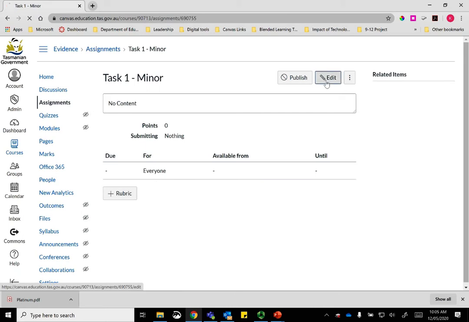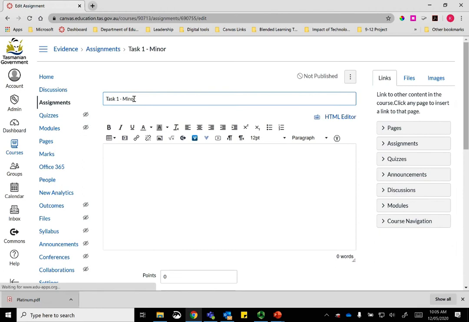By clicking on the Edit page, I now have the name of my assignment, and I have a rich content editor where I can actually add content for my students to do. From the rich content editor, I can add the instructions for my students and how I want them to complete the task. In this case, it's going to be a worksheet that I'd like them to complete. So I'm adding some instructions to complete the worksheet below,